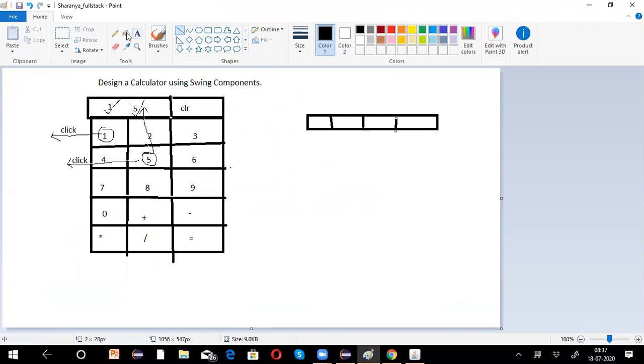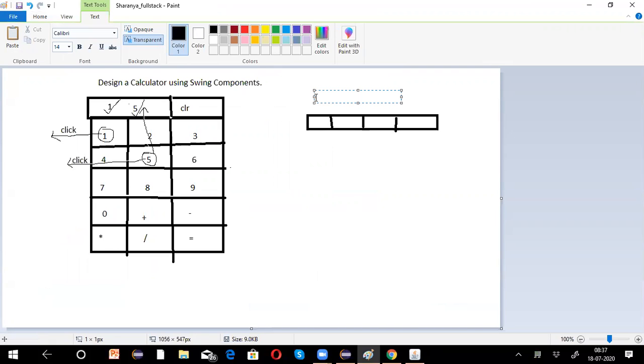Okay, now this is a menu bar, and the individual cells are menu 1, menu 2, menu 3, and menu 4, just like the way we have in our systems.